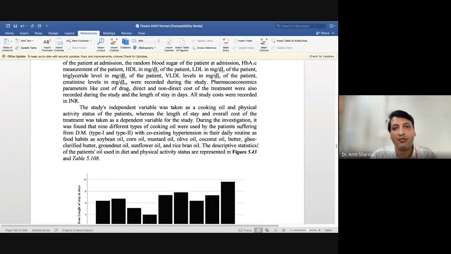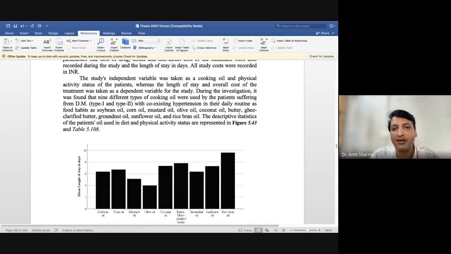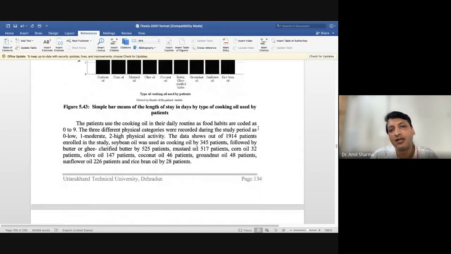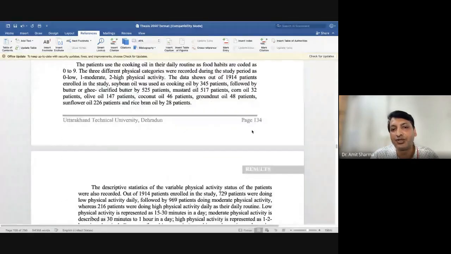So whenever you are making a model, try to write what you are expecting with the result, by quoting the results of previous studies, that so and so person has conducted a study and they have found that A is causing B. So in our study, we are trying to evaluate whether A is really causing B or not by taking so and so parameters. So make sure that you write or discuss the hypothesis of your research by comparing it with other people's studies, and make sure to cite the work.